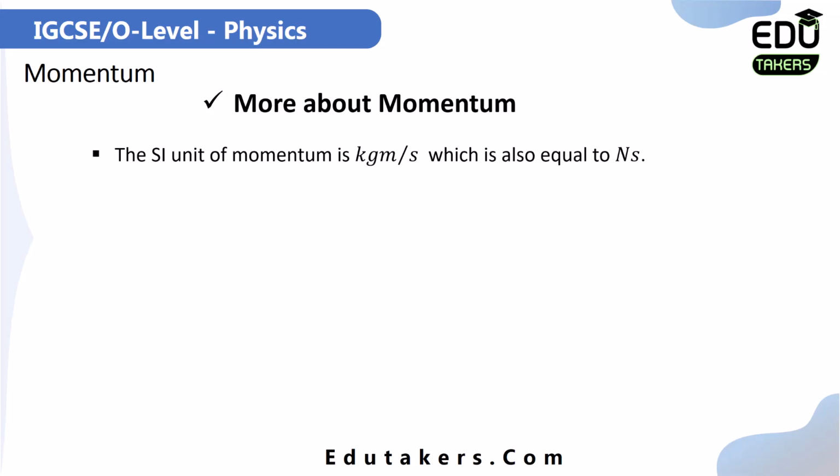The SI unit of the momentum is kilogram meter per second because momentum p is equal to m multiplied by v. m is the mass which is measured in kilogram. Kilogram is the SI unit for the measurement of the mass. And the velocity is measured in meters per second. So the unit for the momentum comes to be kilogram meter per second, which is equal to Newton second. So I can simply say that 1 kilogram meter per second is equal to 1 Newton second.